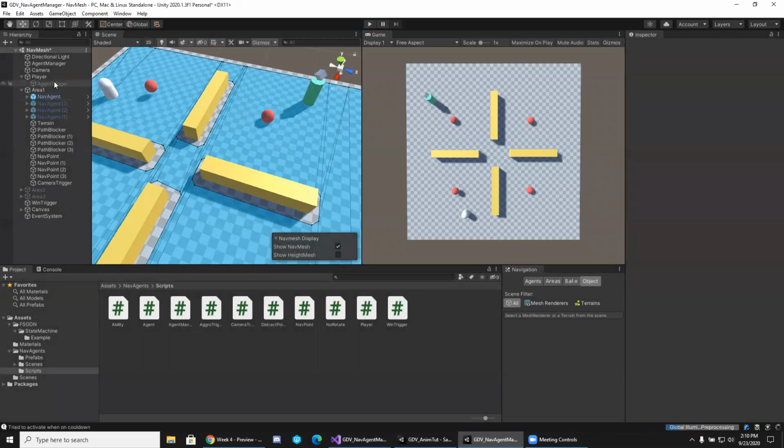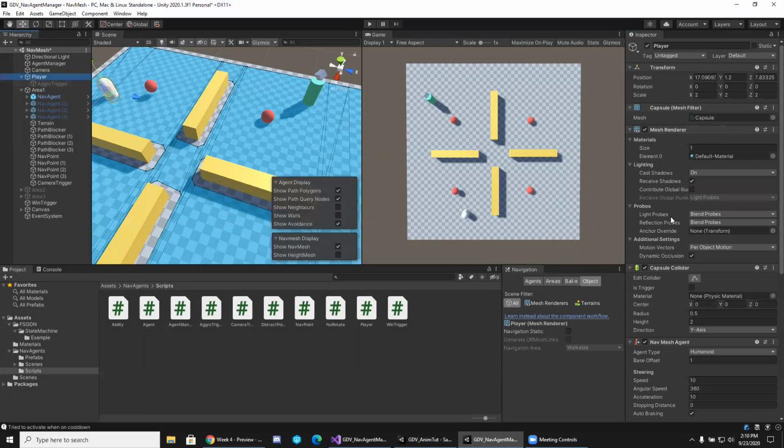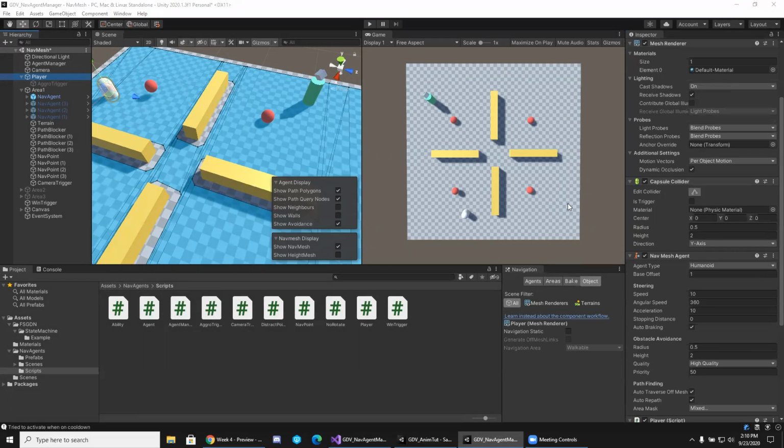It might still have the collider active. Aggro trigger itself is not active, but collider's still there. Don't think that would cause an issue. It was getting into the capsule collider, but